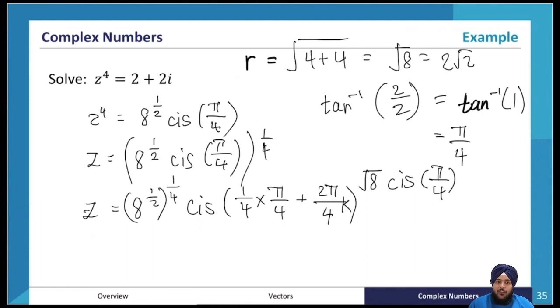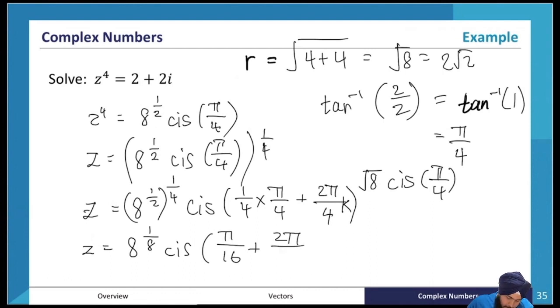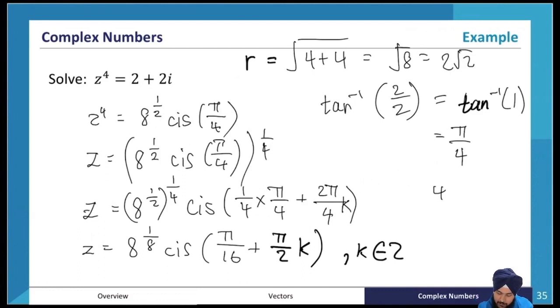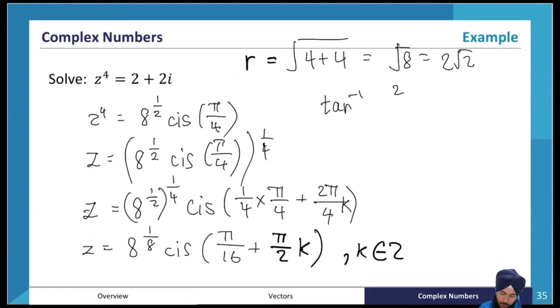So that is how we actually find the solutions. Now, all we need to do is simplify it. So it'll just be 8 to the power of 1 over 8 cis pi over 16 plus 2 pi over 4, which is pi over 2, comma, k is all integers. So k can only be an integer. It's going to be 0, 1, 2. I'm just going to erase this so I can work out the rest